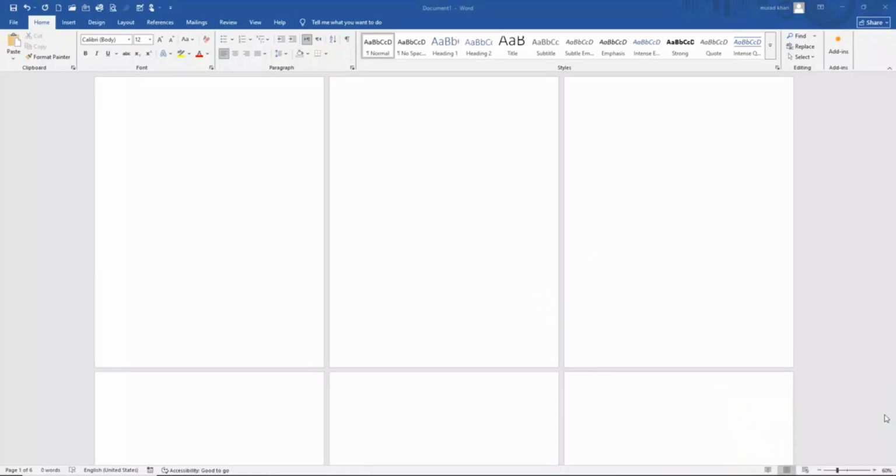Want your Word document to look clean and professional? Here's how to add a table of contents in just a few minutes. By the end of this video, you'll know how to create an automatic table of contents in Microsoft Word that updates itself automatically. And the best part is, once you set it up correctly, Word does almost all the work